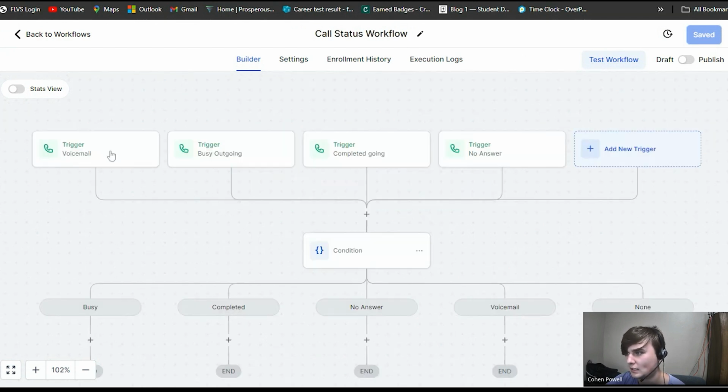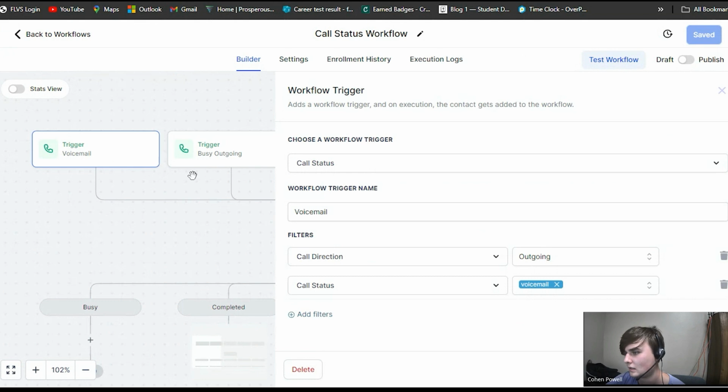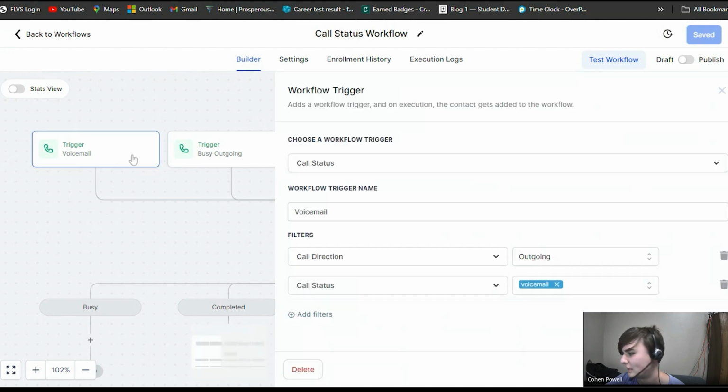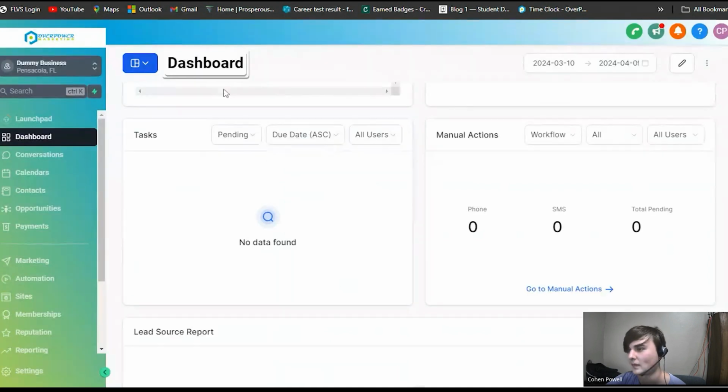So the very first one is the call status. What this trigger does is basically start the workflow depending on if a call has been marked with a specific tag. For these examples, we have voicemail, busy, outgoing, completed, and no answer. This is entirely a manual action, depending on how the call is tagged or what the status of the call is. To change the status of the call, you would go to dashboard, scroll down, go to manual actions,